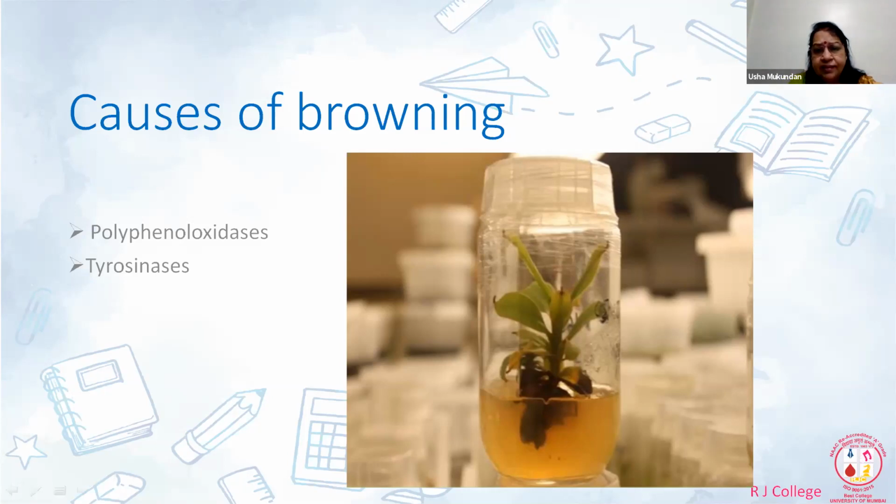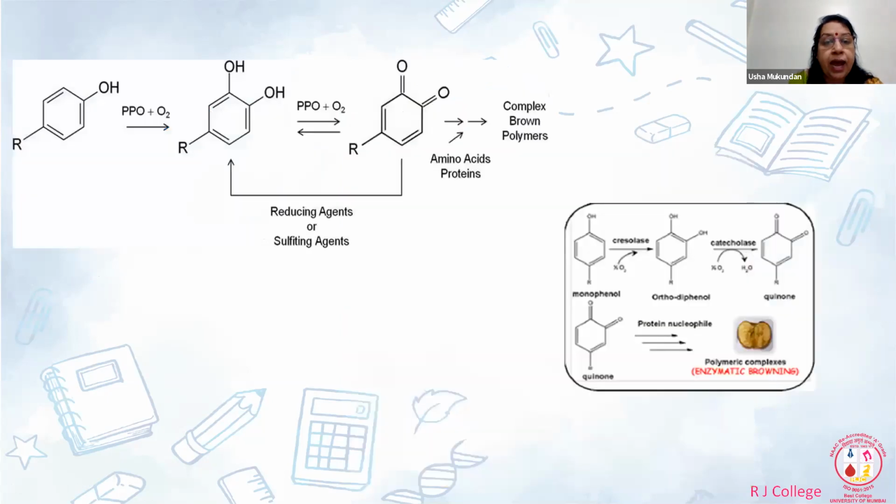Now, as you can see in this tissue culture, the plant material has leached out so much phenolic into the surrounding medium. As a result, the media has become totally brown in color. It is not only the visual appearance. This has a toxic effect, resulting in the culture not growing properly. So media browning or exudates from the explant becomes a very big issue when you're talking about propagation of plants in vitro. So let us see what happens.